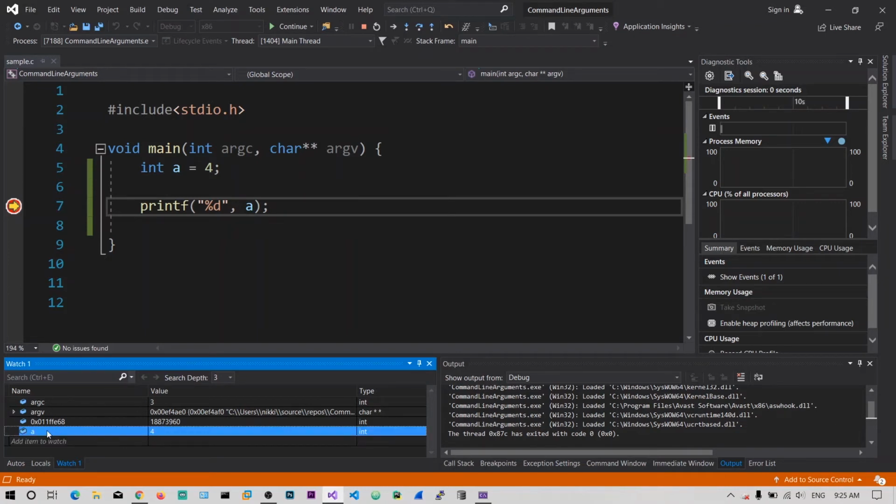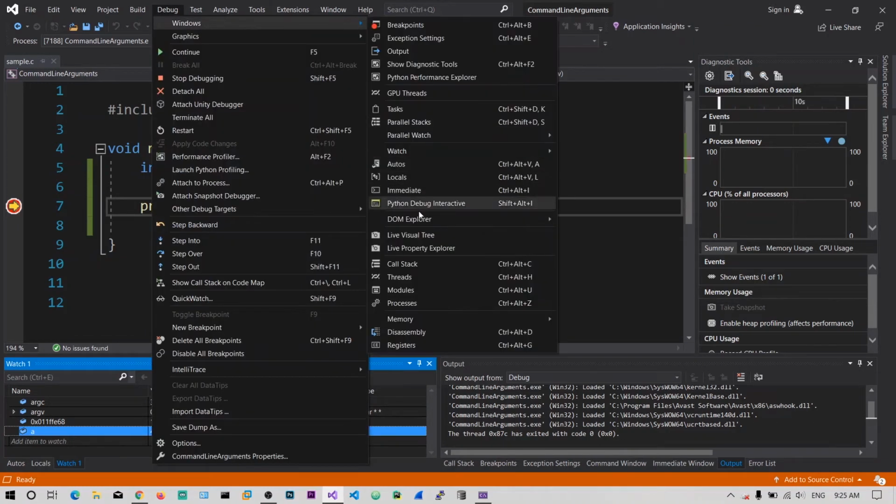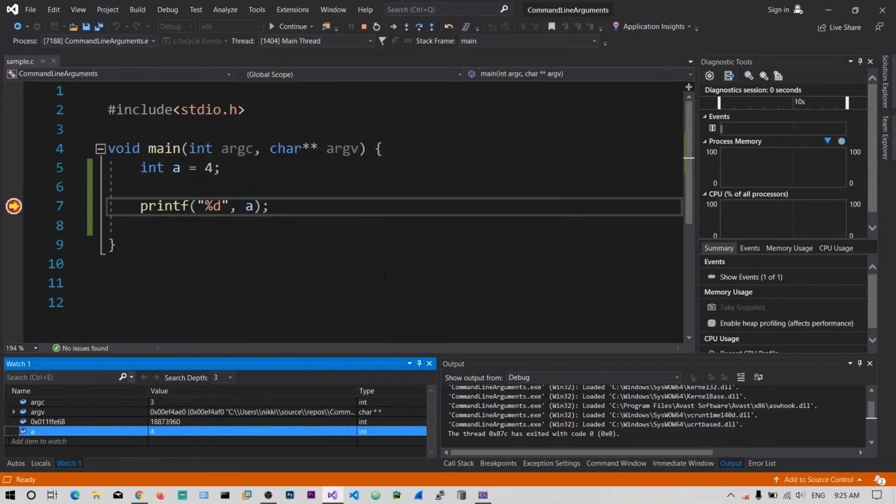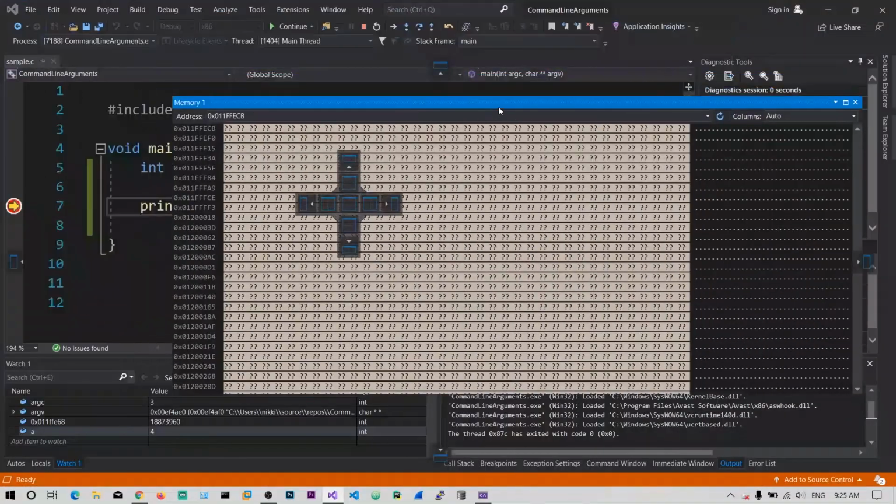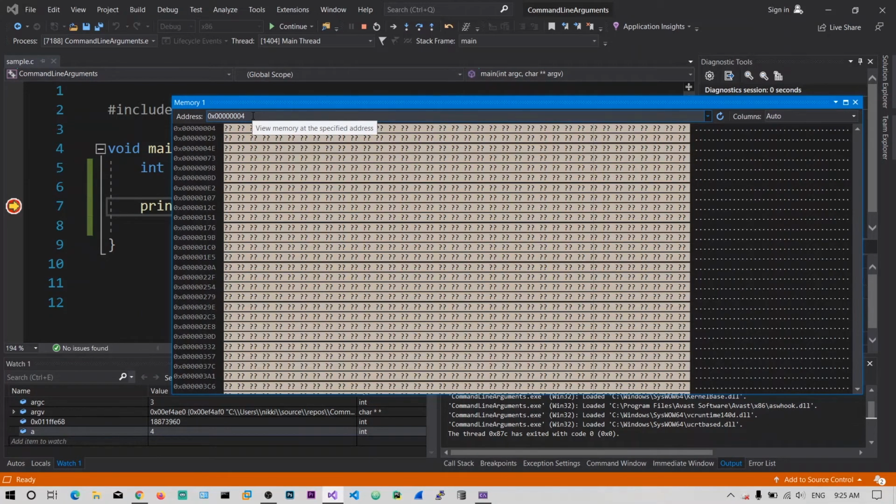So the variable a contains value 4. Now click on Debug, choose Windows and choose a Memory window. Now what I'm going to type is a. So now we are asking the IDE to print out the a value.